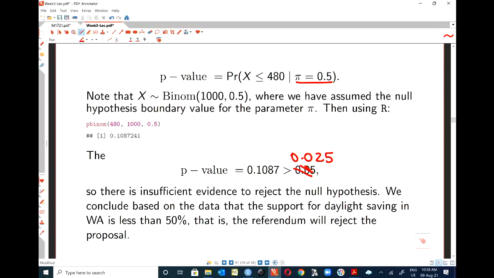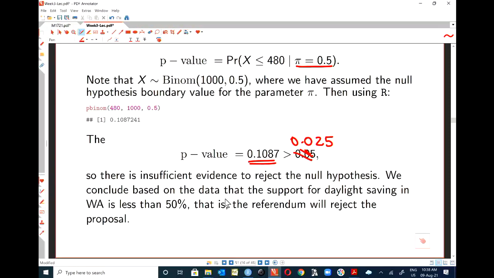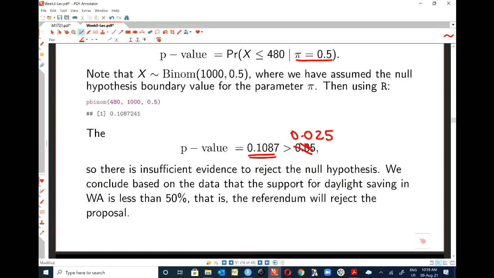And so here I've got insufficient evidence to reject the null hypothesis because my p-value is large. It's larger than my significance level of 0.025. In other words, based on this data, I don't find